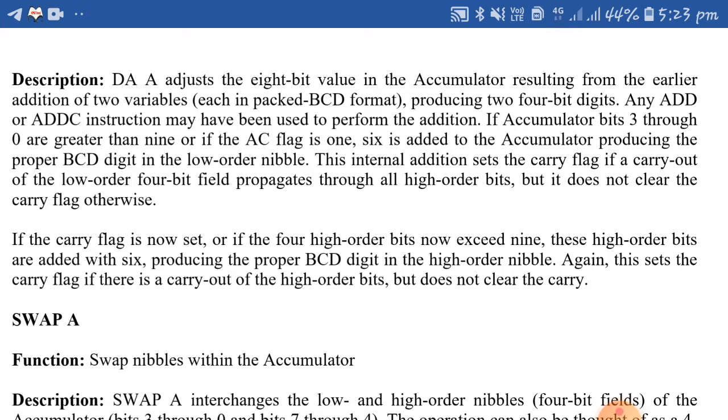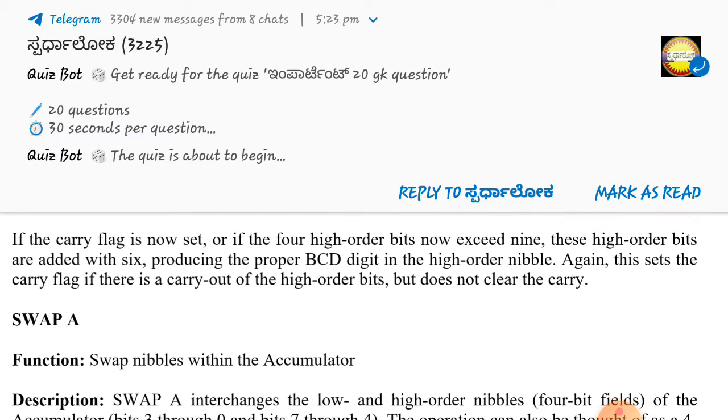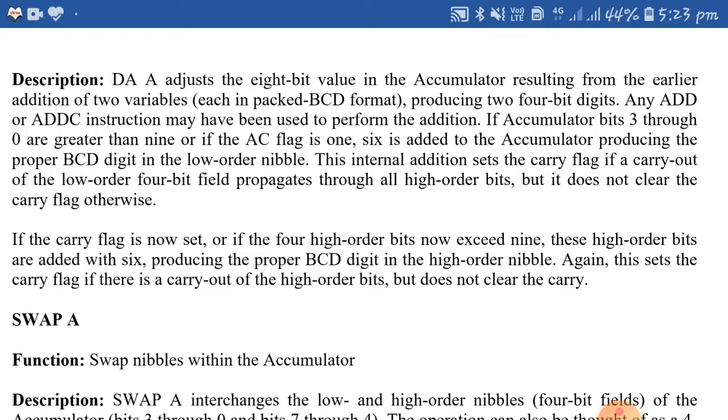DA A adjusts the 8-bit value in the accumulator resulting from the earlier addition of two variables, producing two 4-bit digits. I have explained with a table, or you can see this description and understand.